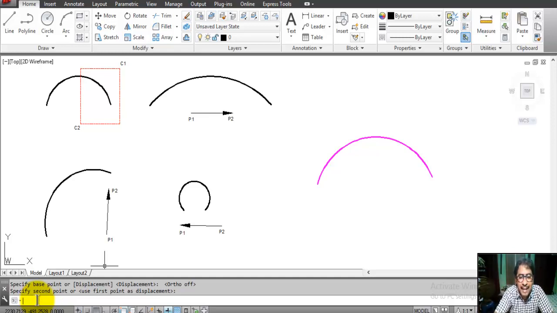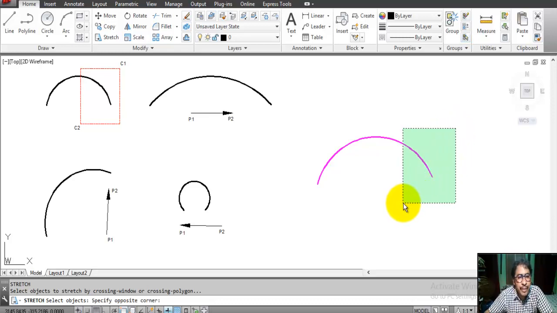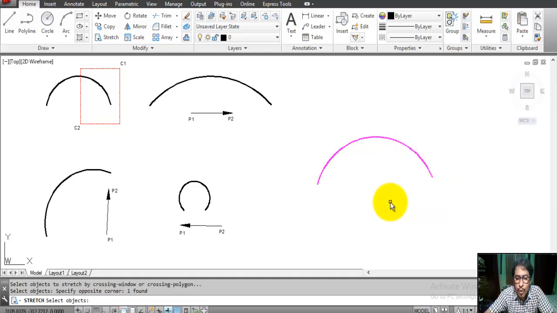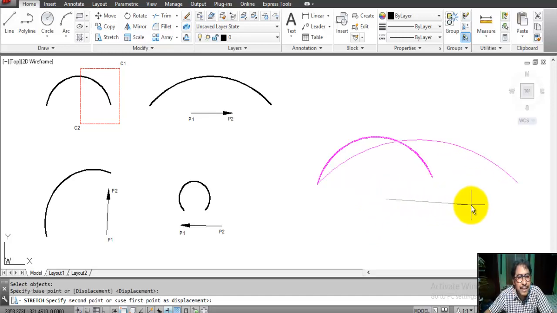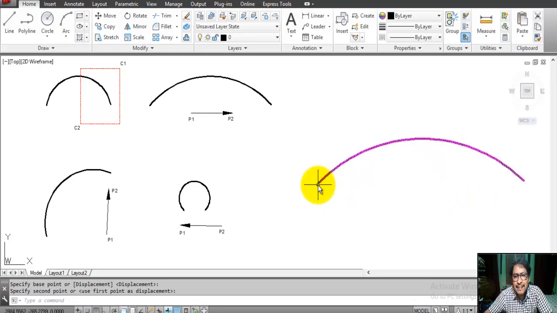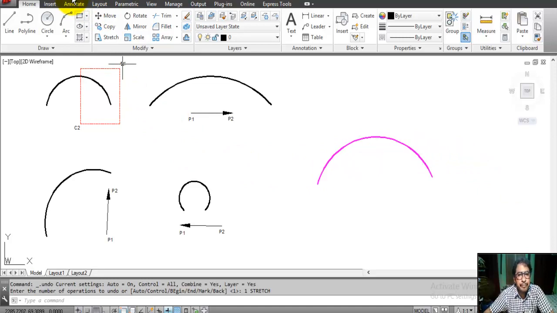First we type the stretch command S, enter, we select in this way, specify first point, this is C1, specify opposite corner, this is C2, enter, specify base point, this is the P1 base point, any point, specify second point P2. This curve increases in this way.